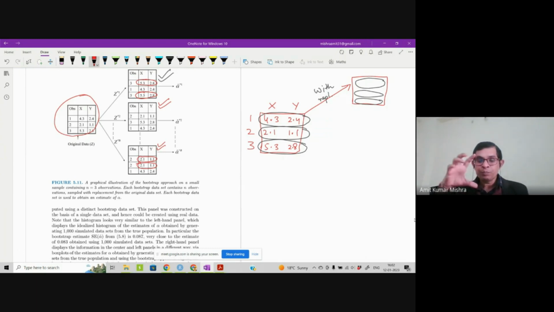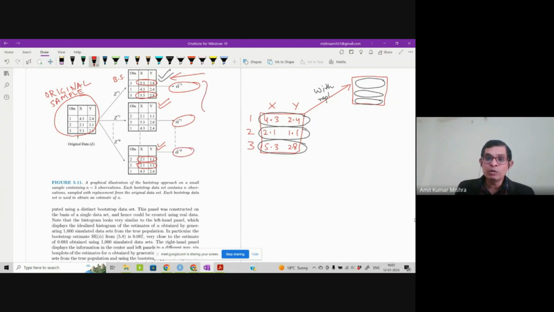So what we have done, there is the original sample. This is the original sample. From this original sample, we have found bootstrap samples. First one, bootstrap sample. Second one, bootstrap sample. Bth, for example, it is the Bth one. And from each bootstrap sample, you estimate alpha. So now you will have B estimates of alpha based upon